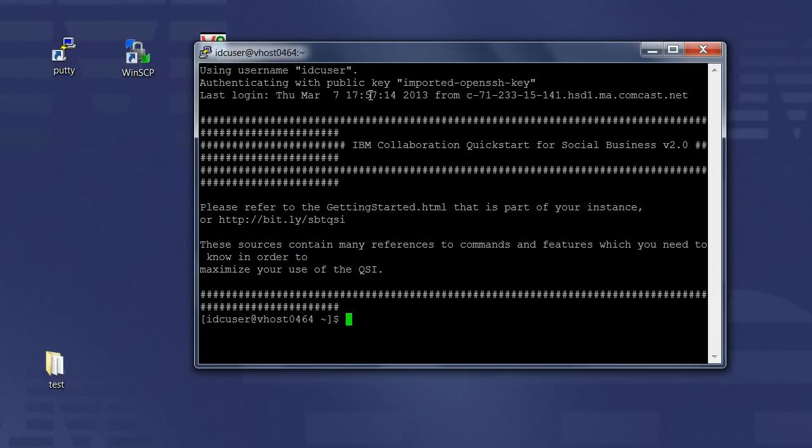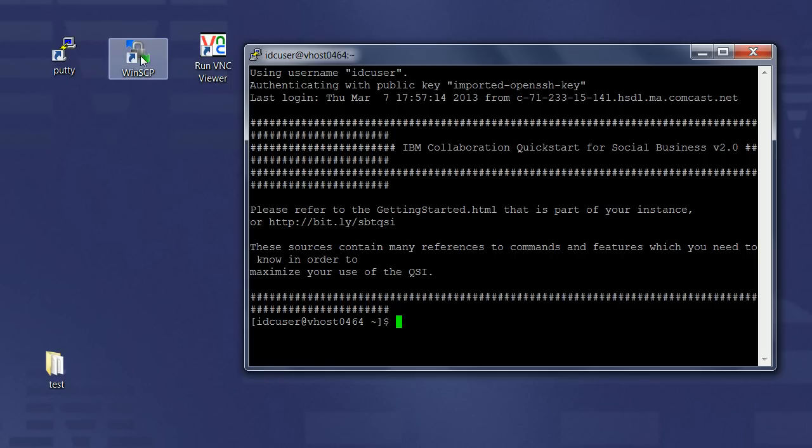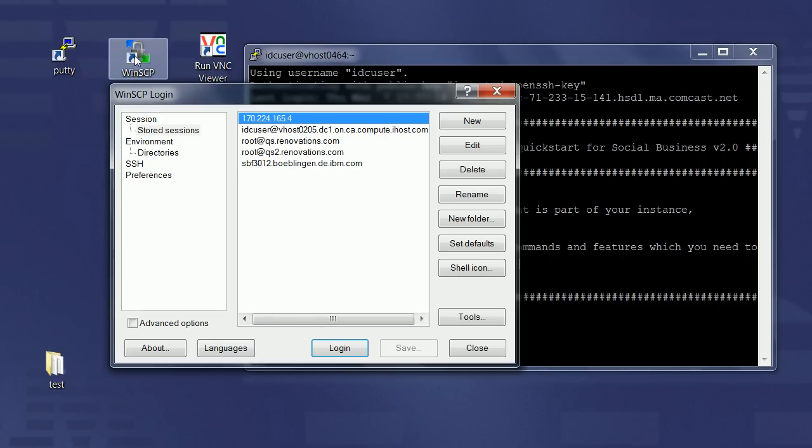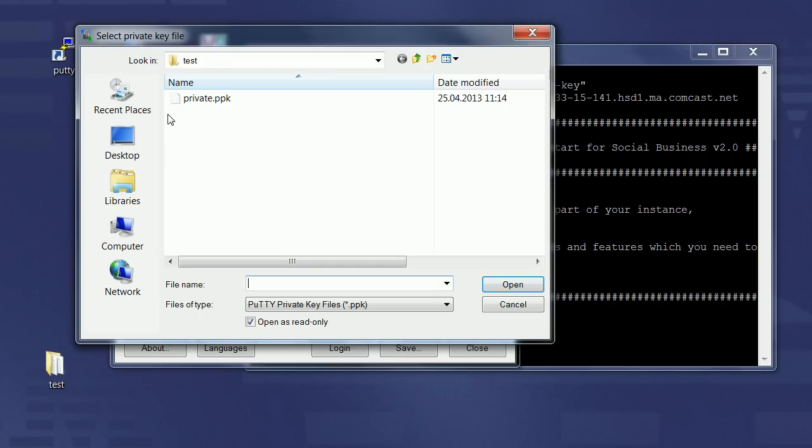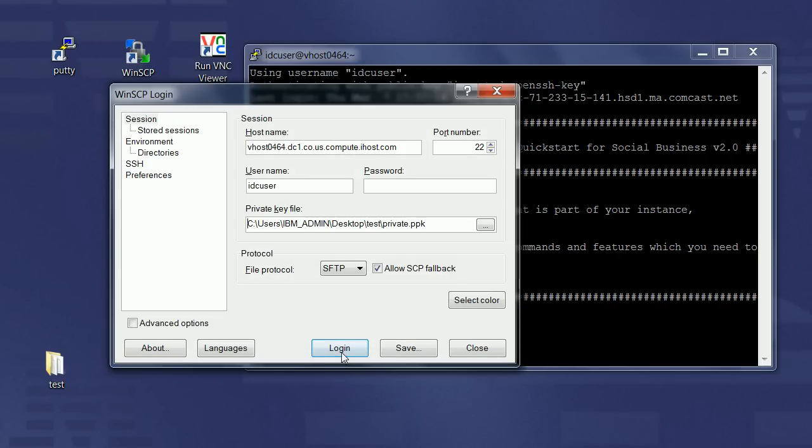So I've done that, and similarly to PuTTY, I also can use WinSCP, which is a tool to easily access the file system of my image that allows me to copy files between my local computer and the image. So I can create a new configuration here, and again put in my host name. Username again is IDC user, and this again is the private key that I just generated. And then I can say login,